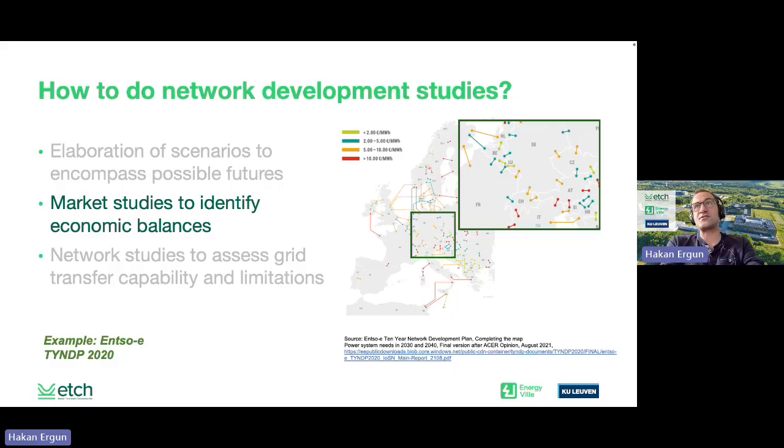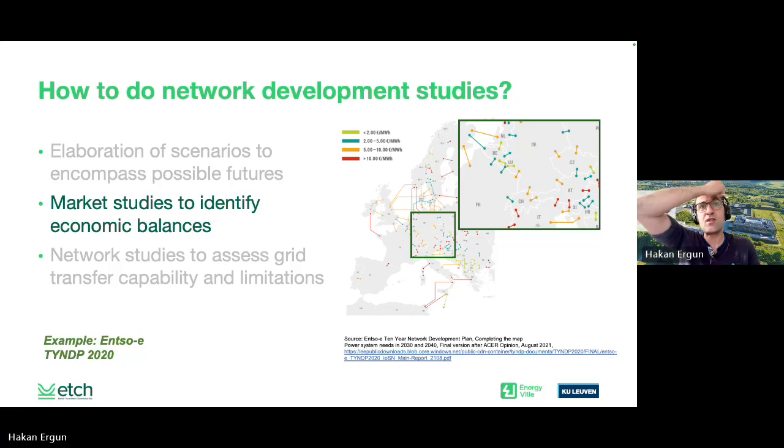Based on the outcome of the market studies, we can observe at which border which kind of price differences we have, because this now gives us a high-level indication of where to put interconnectors and where to increase the transmission